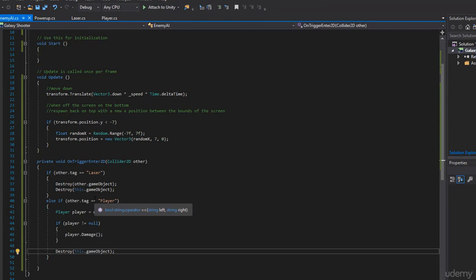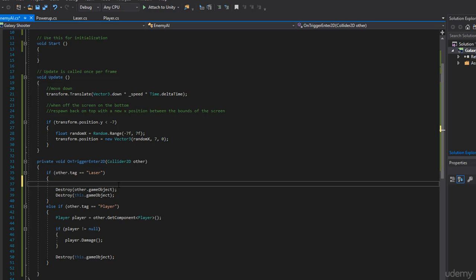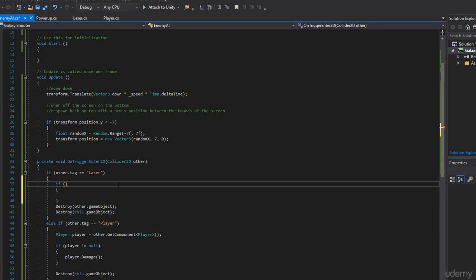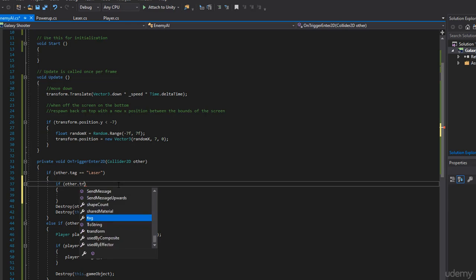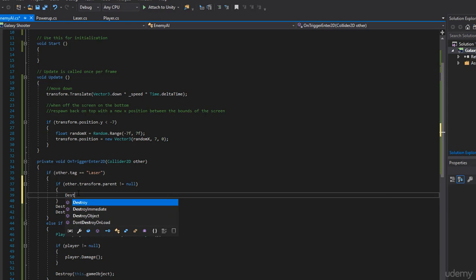Also, in our enemy AI here, we want to do the same thing because we're not always just shooting you with one laser. If we shoot you with one of the triple shot lasers, we need to check and see if that object had a parent. So we're going to do the exact same thing. Before we destroy the other object, we're also going to check to see if the other object has a parent. So if other.parent, I think maybe we can do. I'm sorry, no, we need to say if other.transform.parent is not equal to null, then we'll say destroy